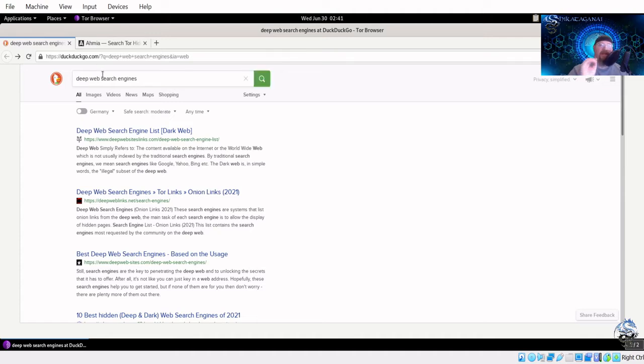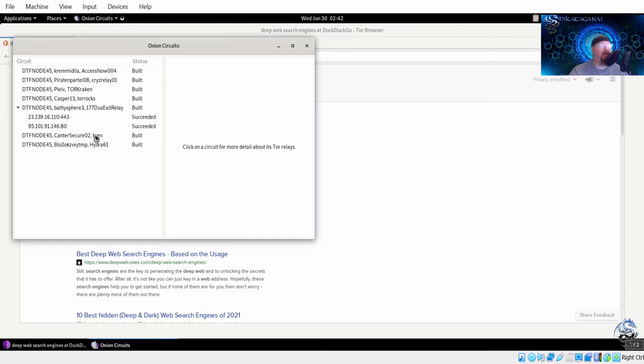Now, because I went and did that check Tor site, it actually went somewhere, right? I mean, we actually connected somewhere. If you look up here on the top right of Tails, there's something that says Open Onion Circuits. Let's go ahead and do that. And then when we do, it will open up something here. So notice here, it's going to take a minute to load. Notice where it says like the first one here, then a comma, then it has another name, then a comma, then another name. This is essentially the machines that it connected to actually do the request that you wanted to do. In my case, doing the check Tor.